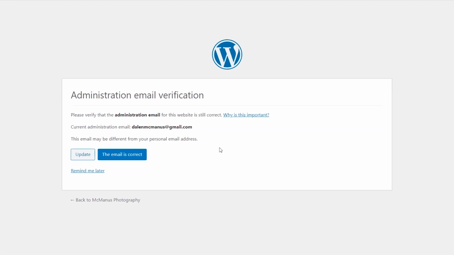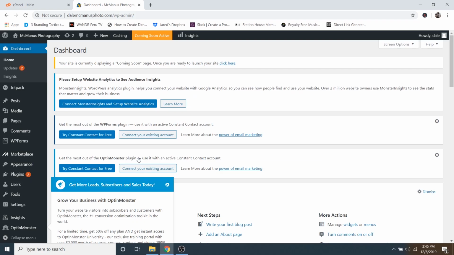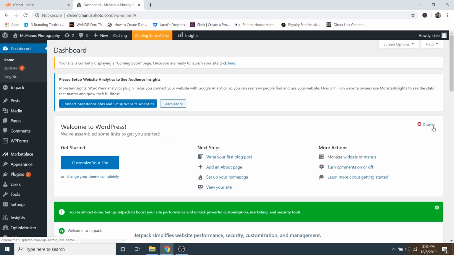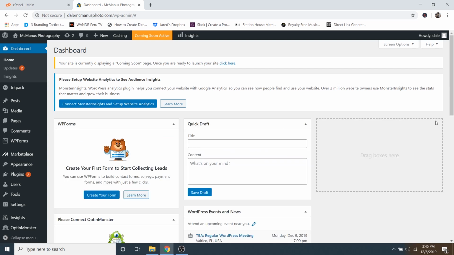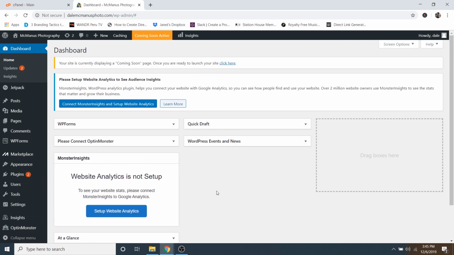And then it may ask you to verify your email. So I'm just going to go ahead and say that this email is correct. And here we are inside the WordPress dashboard, which looks a little crazy. So let's go ahead and just clean this stuff up. Just click on the X for everything that you see. Just dismiss everything, X, hit all these arrows, just like that,